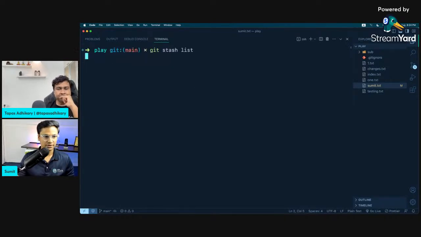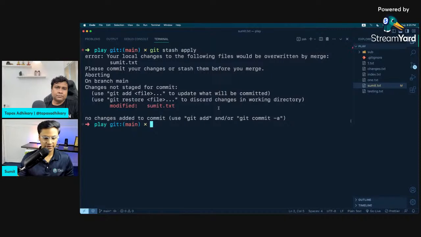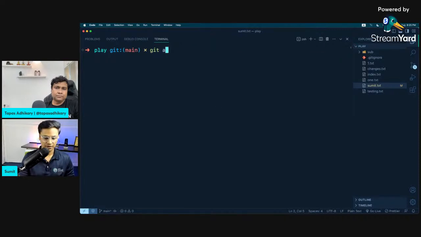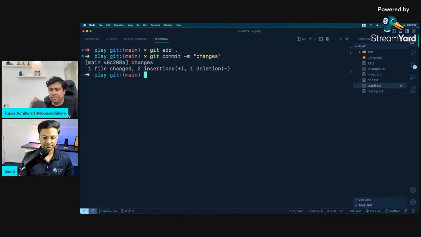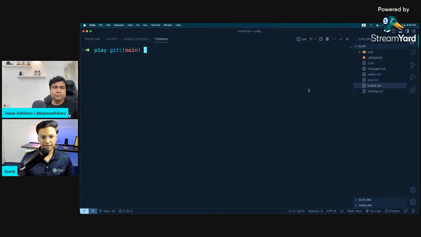Now if I go to git stash list, you will see only one draft version remains. As I have only one stash remaining, I can simply say git stash apply. Then I can simply add dot and commit. But after it was committed, you might think the stash was deleted. But if you say git stash list, it will show the stash is still there. It should have been deleted, right? But Git did not do that. You can manually delete it,